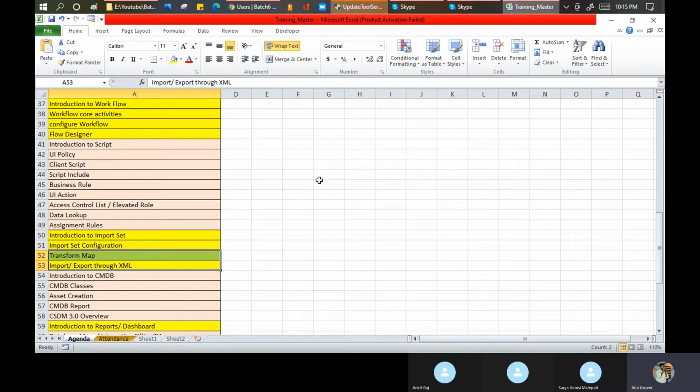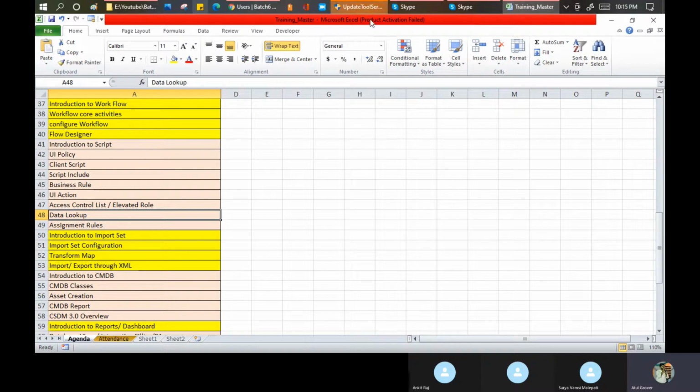I'll prefer to create a template with limited fields only, so that it is easy for you to do the massaging, cleaning, rectifying and validation of data in the Excel sheet itself. If you had 160 columns, you would be lost just doing this, and you would not be able to do your data validation in the Excel sheet. So I prefer to go with the limited set of fields which you want to update only, and then use the transform map.